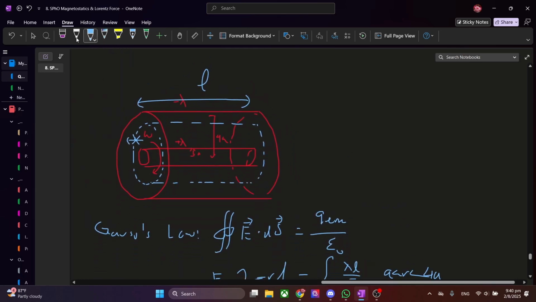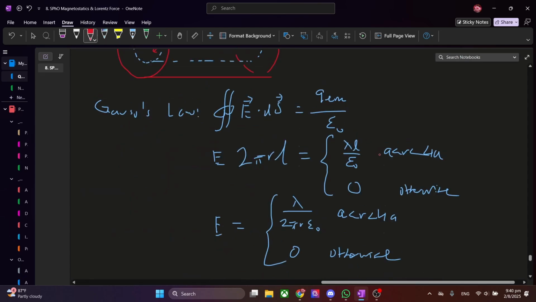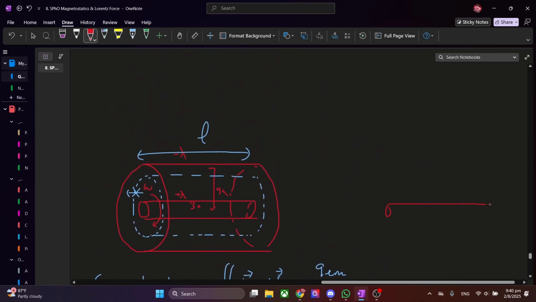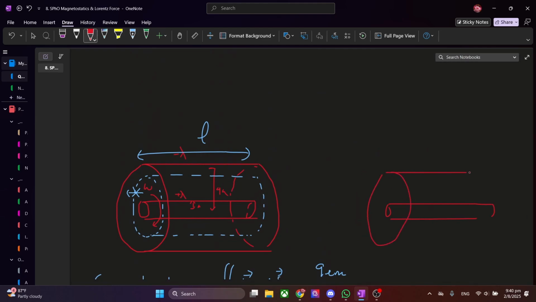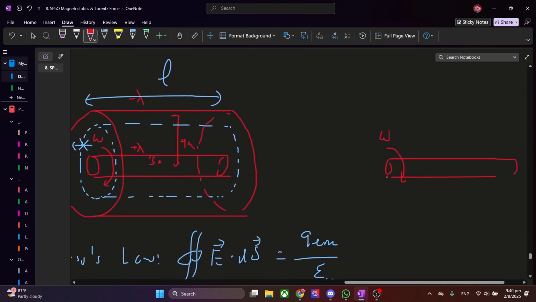So this time, let me see if I can redraw the diagram. Give me a moment. So it looks something like this. Actually, I don't even need the outer cylinder, as you can see later, because it's not rotating, so it doesn't really generate any current. So we have this cylinder here. What we're gonna do, I'll use the magic pen actually, is we consider some